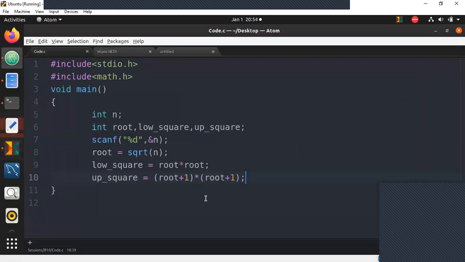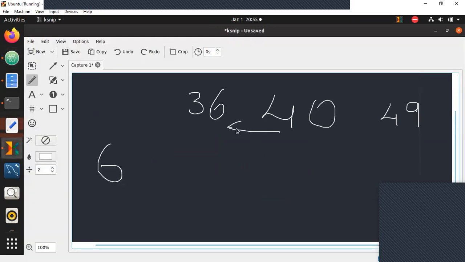Now that we have found both the values, what's the next thing I'm supposed to do, guys? Compare the difference. Check the difference. Absolutely correct.